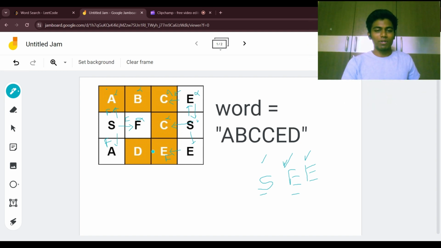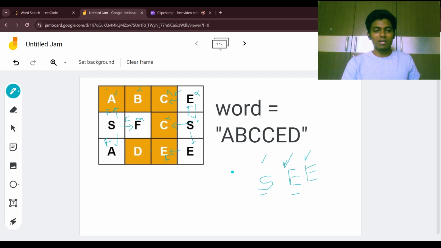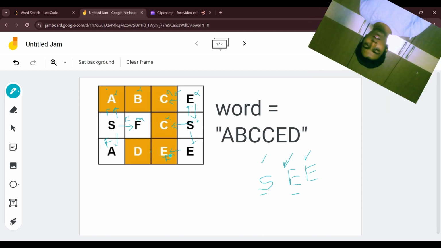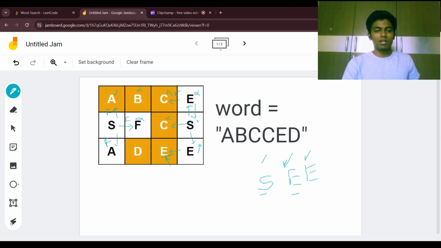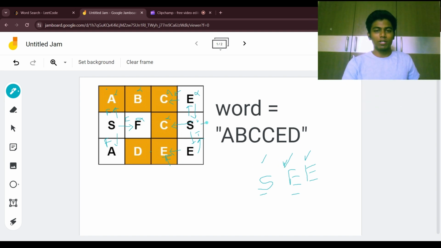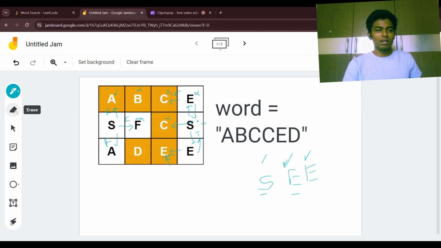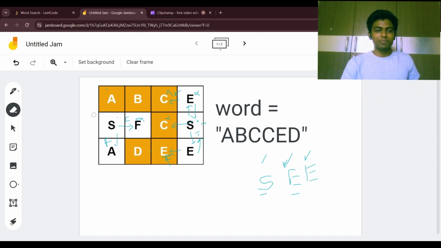Either we can return from here itself, or we can call the next, and then when word dot index becomes word dot size, in that particular case, we can return true. So this one is going to return true, and from this we are going to return true. As we can find this particular word, we are going to return true from this particular cell, which will start from here. So these are the different operations which we can make so that the word can be found from the particular